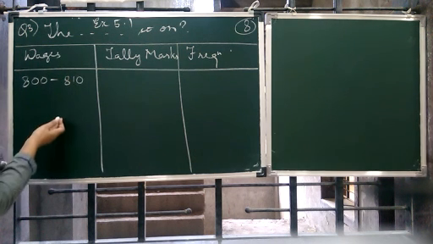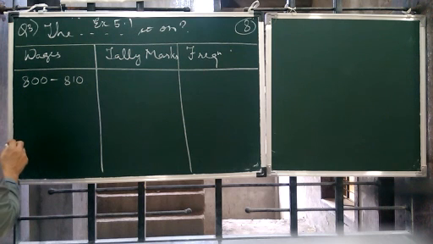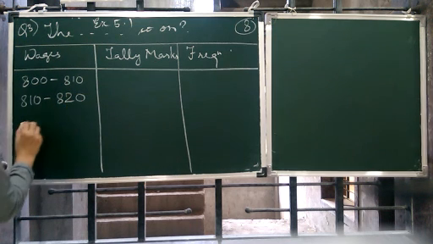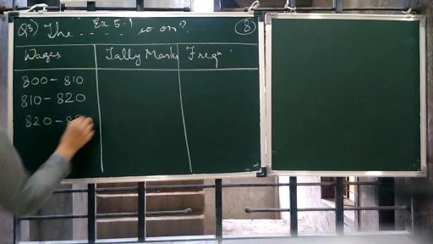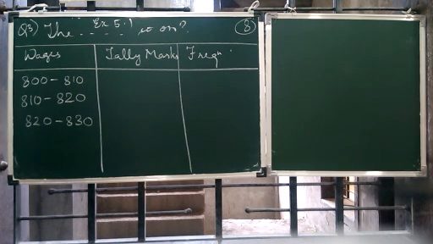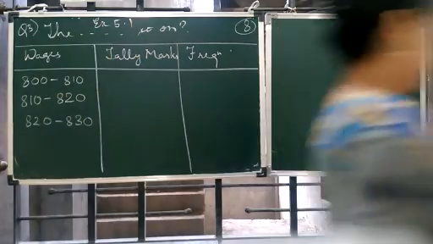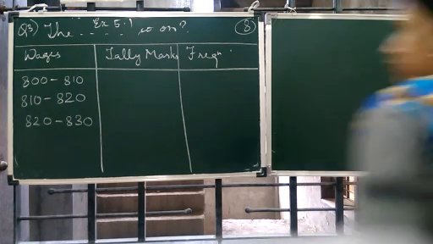So if you draw a graph for this, it will be a histogram. You can see 800, 810, then 810 to 820, 820 to 830. Okay, what is the last number here? It is 890. That means the biggest number is 890, so हमको 900 तक जाना पड़ेगा. So let's do that.